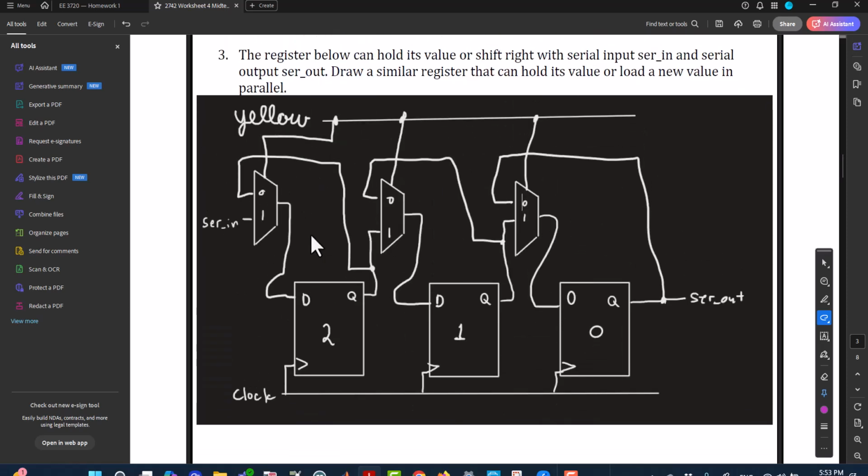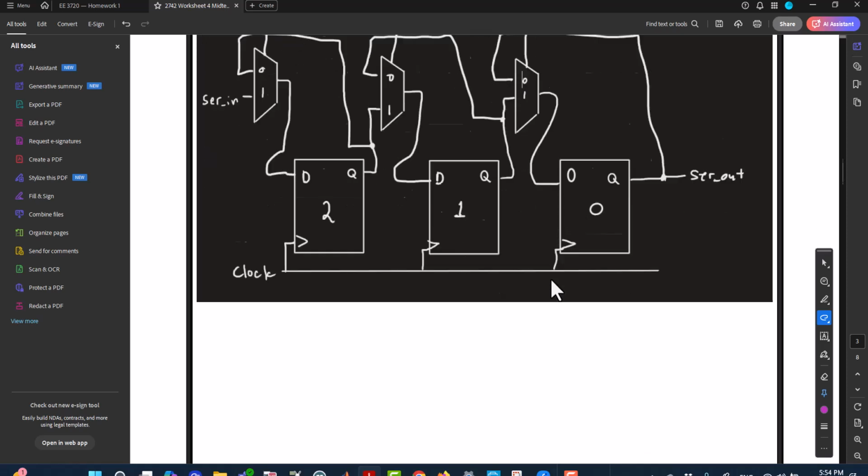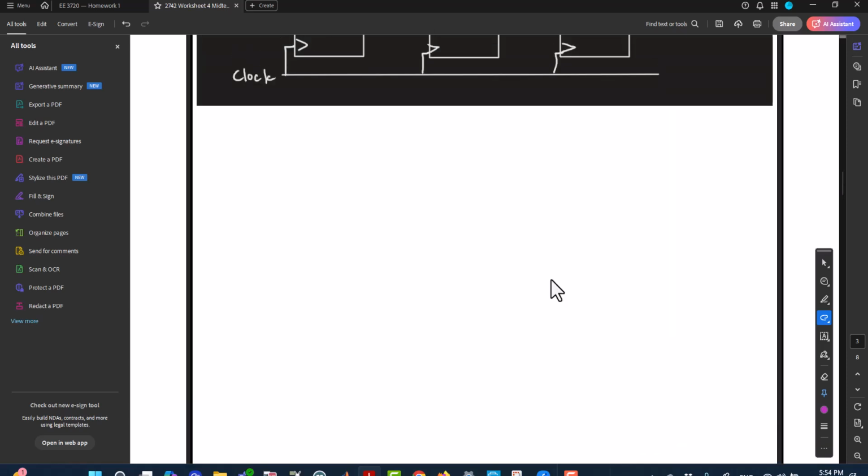So this one, we see that it can hold its value because if you look, the output is going to the input of the multiplexer. And so it holds its value when this variable yellow is equal to 0. And when it's equal to 1, it has serial in and it is shifting right here. So we're supposed to draw one that can hold its value or load a new value in parallel. So we would have